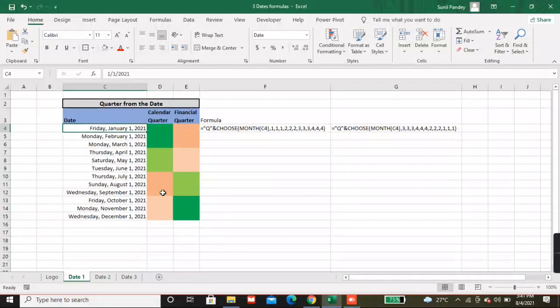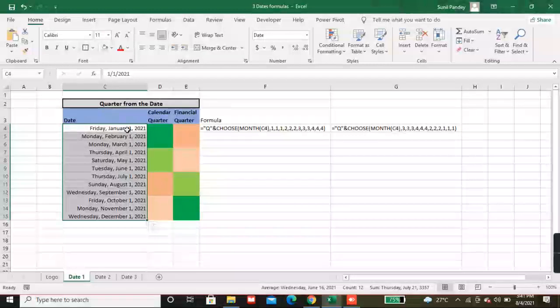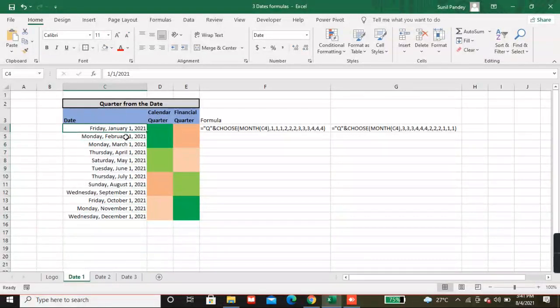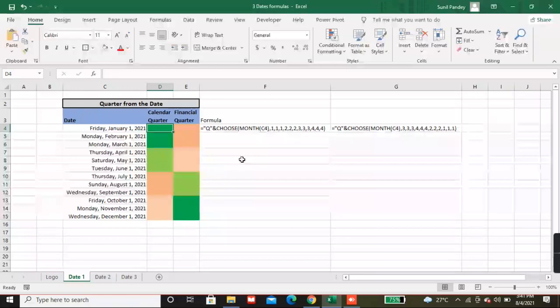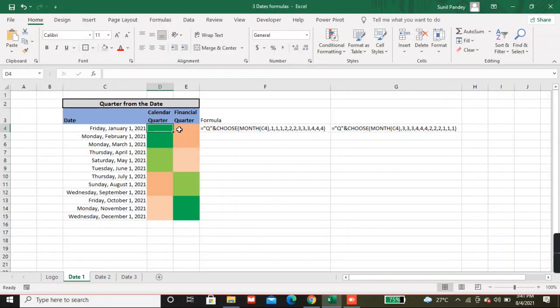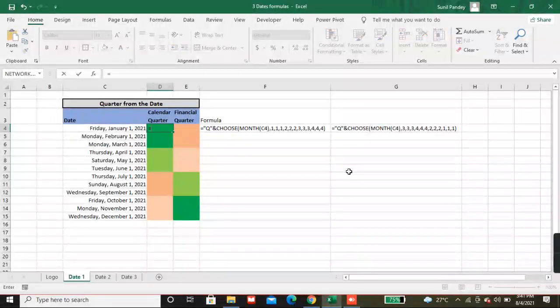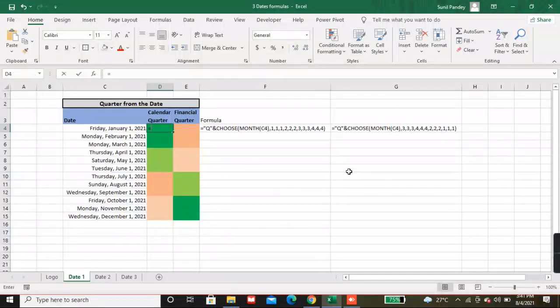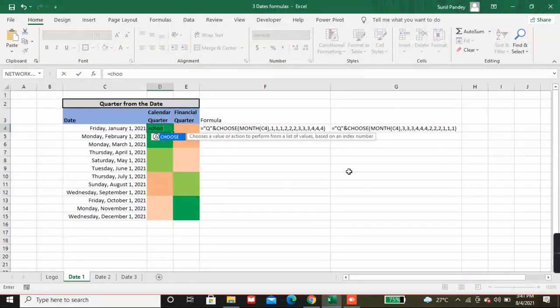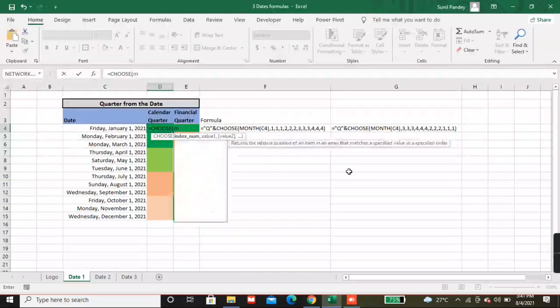I have written over here all the 12 months, the first day of the month: 1st Jan, 1st Feb, 1st March. So we need to find out a calendar quarter as well as financial quarter. Okay, so let's start. Simply, what we need to do, put the formula CHOOSE and the month.